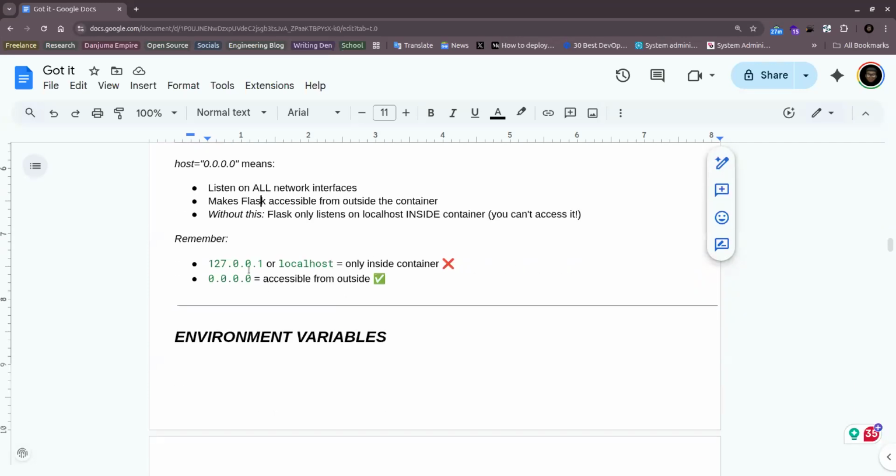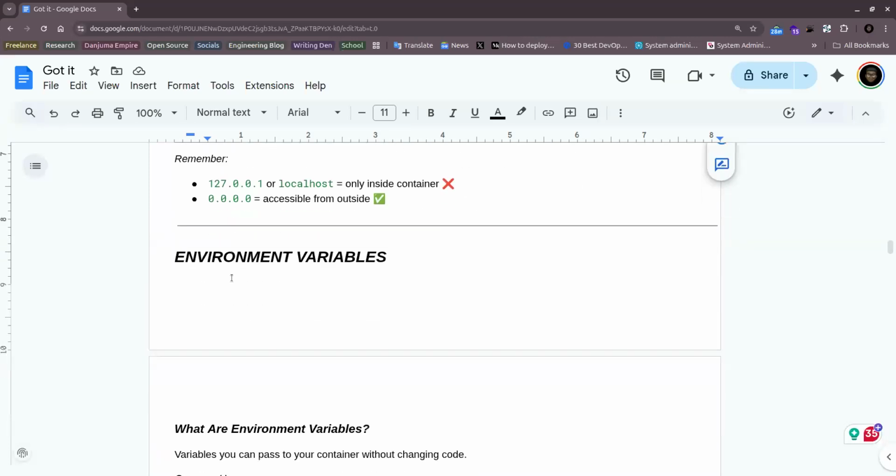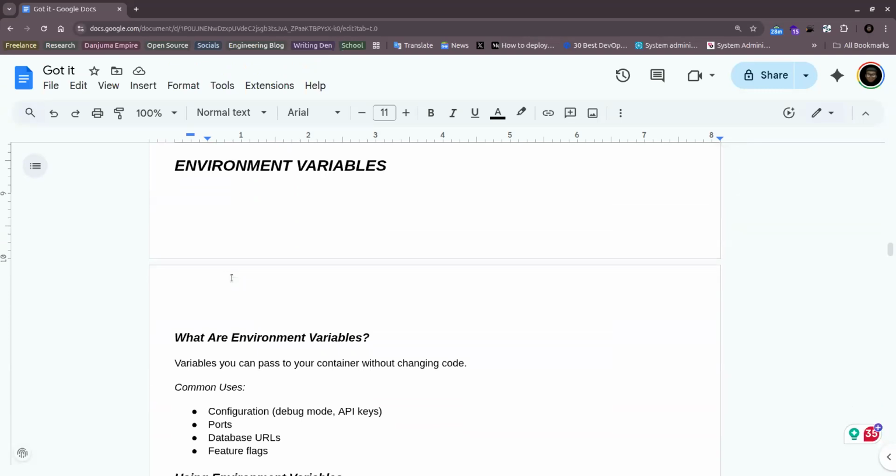So if you use 127.0.0.1 or localhost, because this is ideally the IP behind localhost too, it's running inside the container alone. But if you use 0.0.0.0, it will be accessible from outside, and it's not only in Docker. It's actually applicable to everything. So if you are deploying this on the cloud, you use this particular address. That means you want your machine to be listening to everything outside